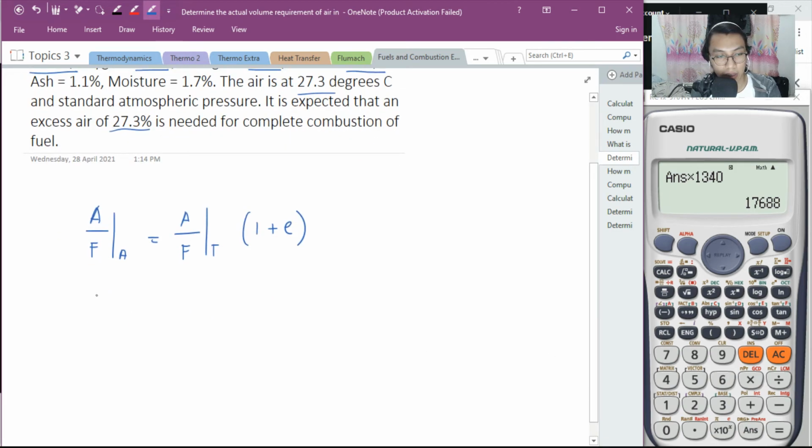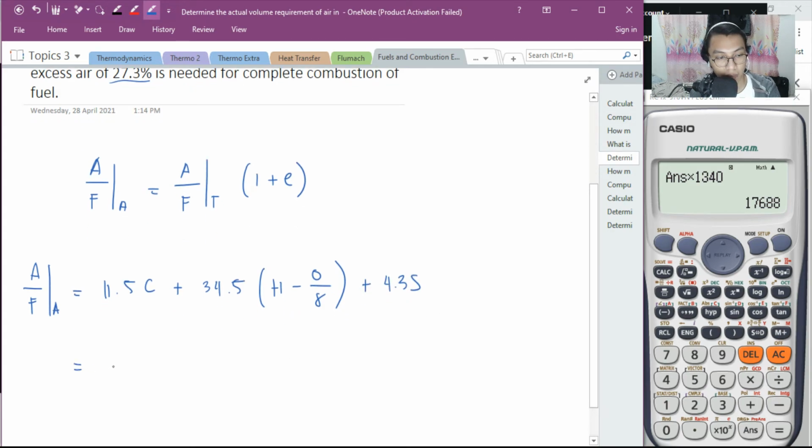O, kunin na natin yung actual. 11.5 C plus 34.5 H minus O divide by 8 plus 4.3 ng sulfur. 11.5 C. Ang C mo dyan is